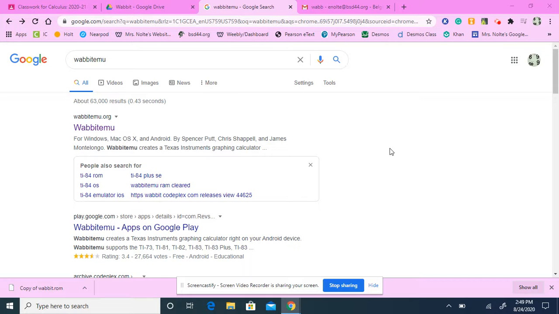Download a TI-84 calculator onto your desktop computer. I believe this only works through Windows. You try it on an Apple and let me know. I'm in my Google Chrome browser and I'm just searching Wabbit Emu. Okay, so I want to make sure I'm at the